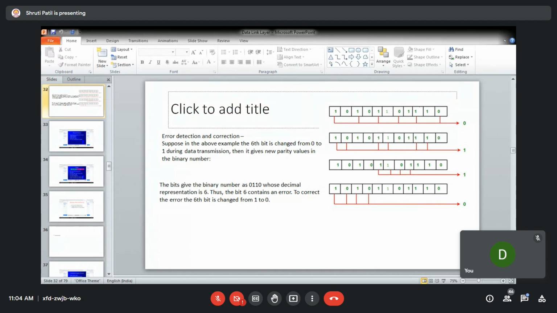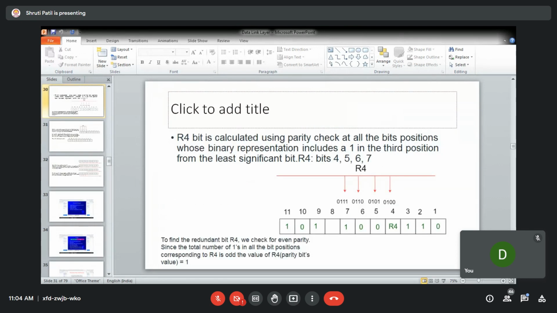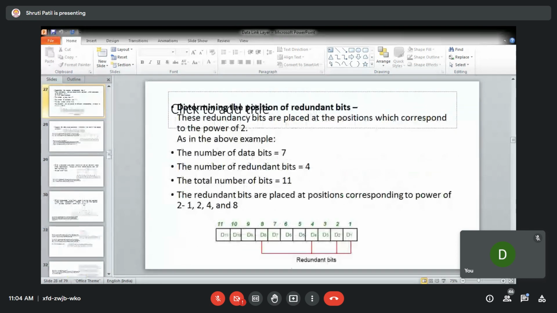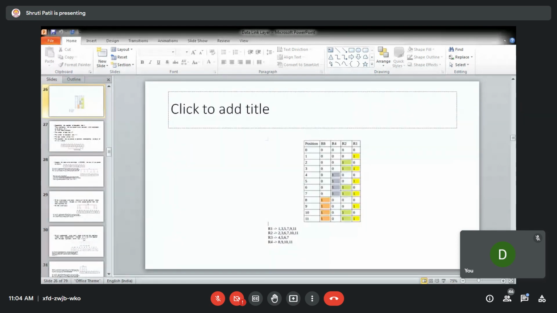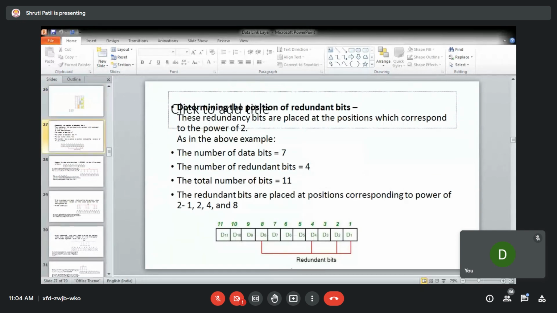Okay, okay. I will show the diagrams from the previous slide again. I'll just explain it.